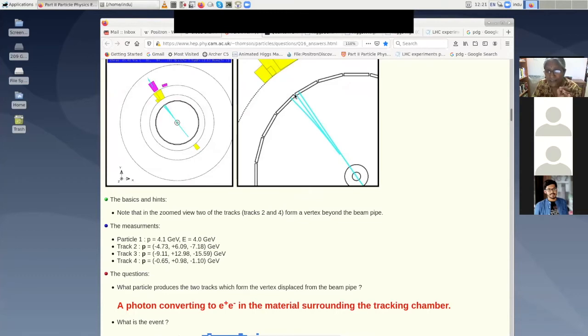It's very finely pixelated because very energetic particles bend very little, and the maximum energy is at the center. Then they lose energy as they go out. So to see the bending of this track, you have to have a very finely pixelated detector so that you can join the dots and find that curvature. This is the most sophisticated part of the detector, and as you go outside, it's not as sophisticated, as you can see from the size of those pink and yellow things, whereas this is a real fine line. Is it okay so far?